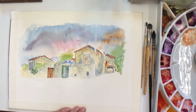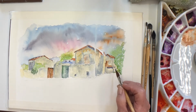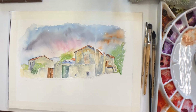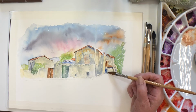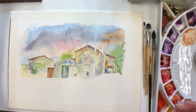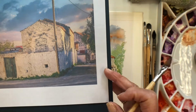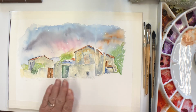I don't know what that is. I don't know whether that's shadow, whether that's foliage. Doesn't matter. I quite like this dark area here. I'm going to make that really dark. And it's blue looking. That's nice against the yellow. That's where I am. No idea what's going on there really, but I quite like that bit of dark. Right,